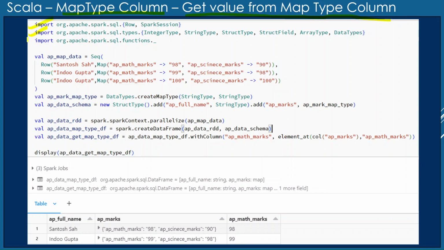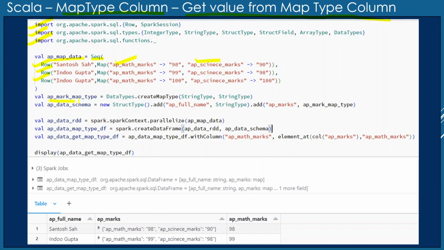I am importing all the required variables, creating a variable which will hold the data with the help of a sequence, creating 3 row elements. Each row element has one map element. The key is AP math marks and the value is AP science marks.